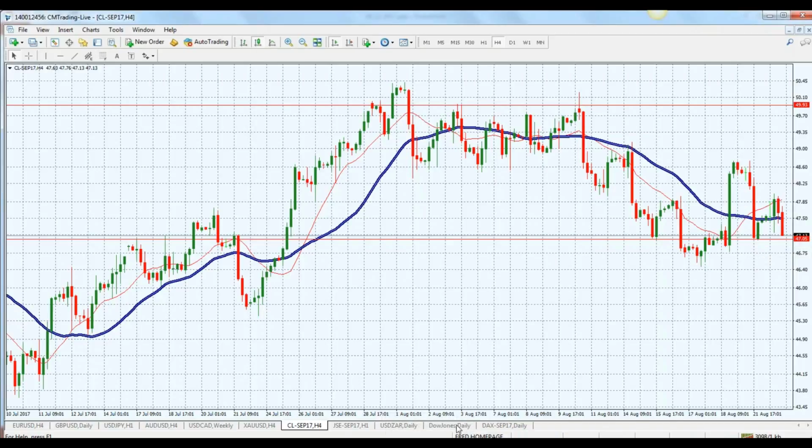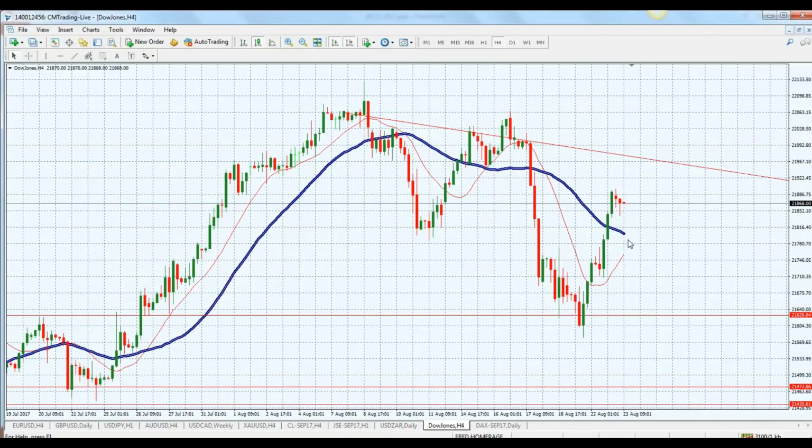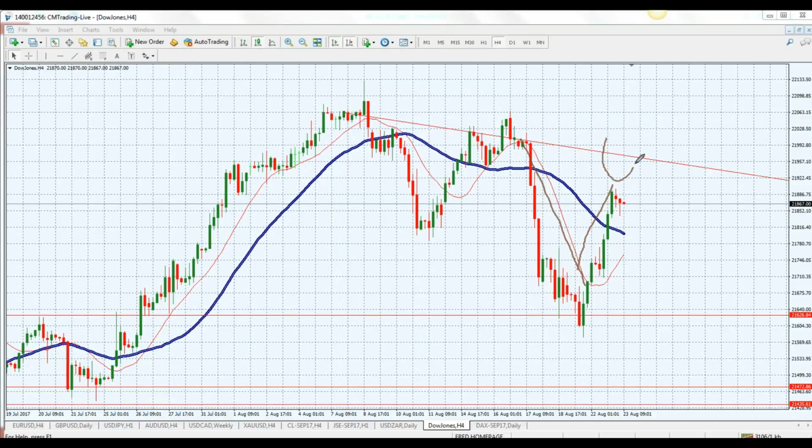Okay, looking at the Dow Jones, a big day yesterday for the Dow Jones. We had a 180 plus move yesterday, a little bit farther down. What I'd like to see in this next rally is that we break above this 2192. As you can see, we've really faltered here. Major V move on the way down. Okay, now we're coming back, but we're not closing this sell off where I'd like to see this sell off. Okay, this will prove to me that it's strong if it breaks above 2195,